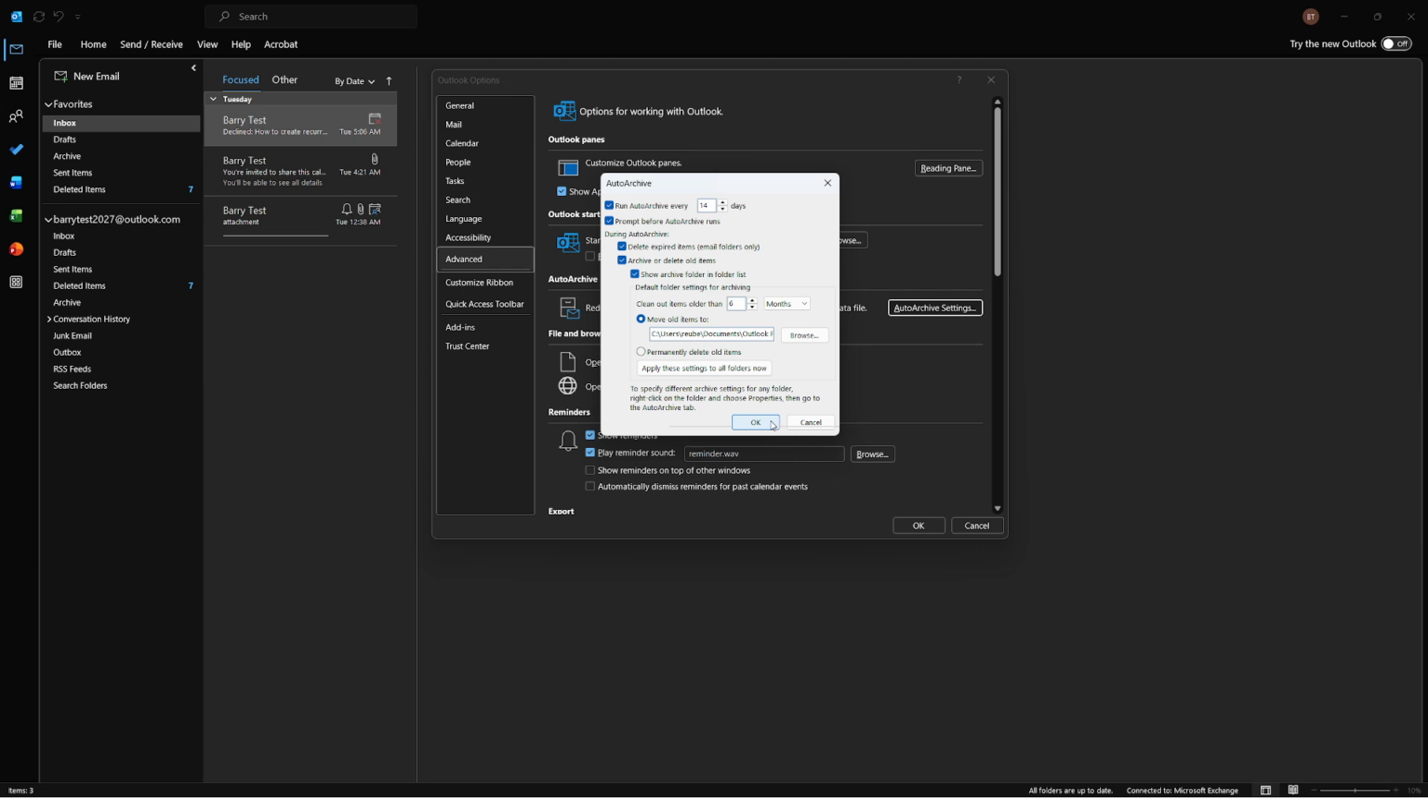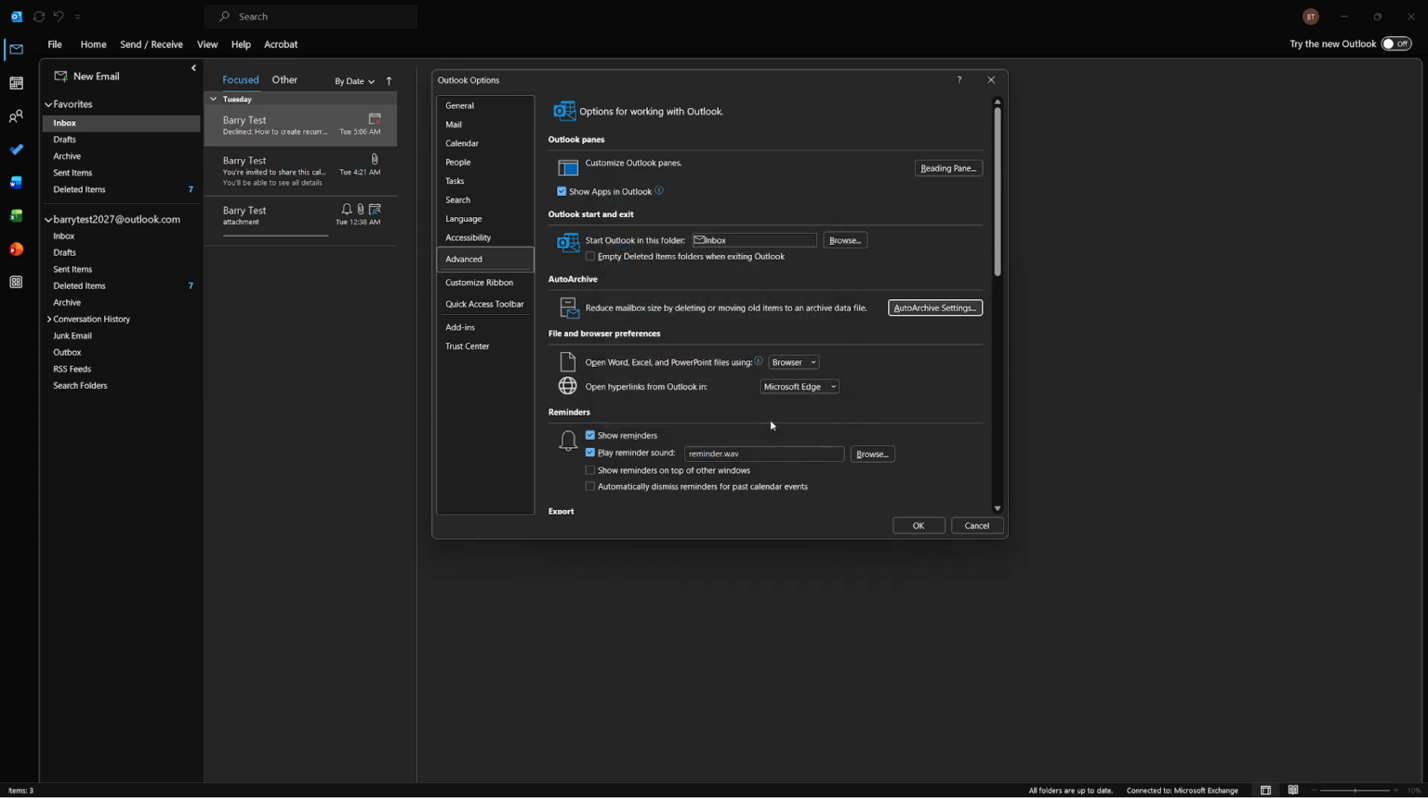Keeping the default archive data file is usually fine, but you can browse to a different location if you manage storage on another drive. If you want to see the archive alongside your other folders, leave the option to show the archive folder enabled. A quick note for workplace accounts: organizational retention policies can override or